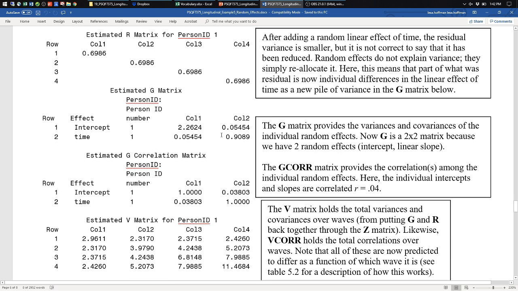So looking at our new model for the variance that we've added a random time slope to, our matrix is the same structure as before. That's level 1. We are saying E variance is constant over time, no covariance. The only reason there would have been a covariance is now over here in G. G is 2 by 2. We have my random intercept variance and we have my random time slope variance. And because we added a random time slope variance, we also added a covariance between the two.